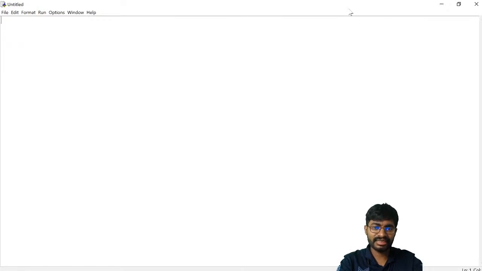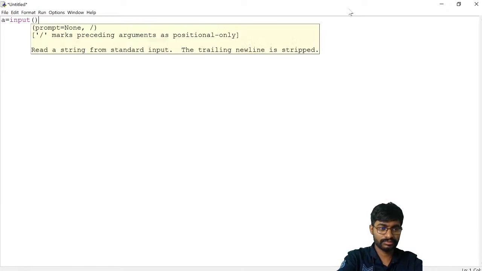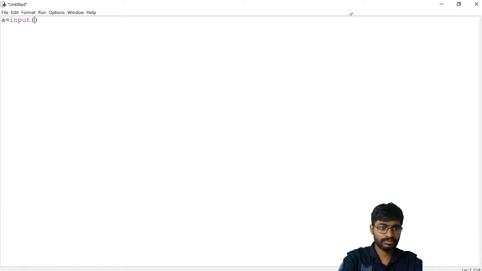In C++ you use cin, in C you use scanf. But here it is very simple: provide a variable, then input within brackets, and enter anything.